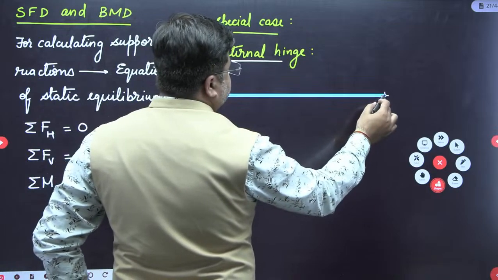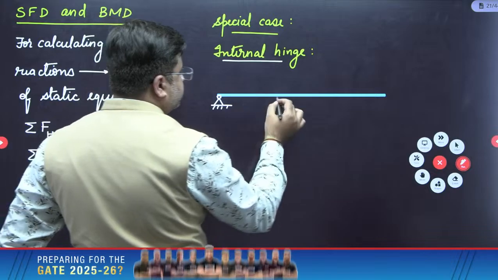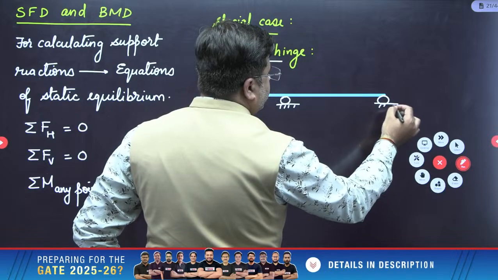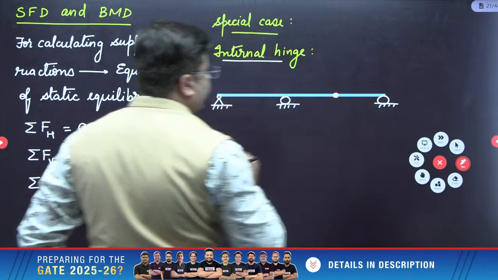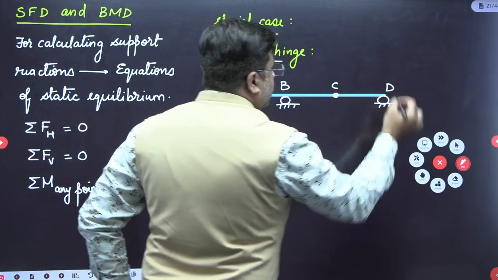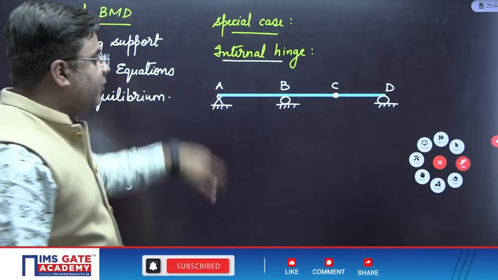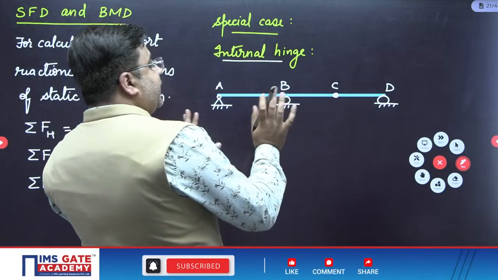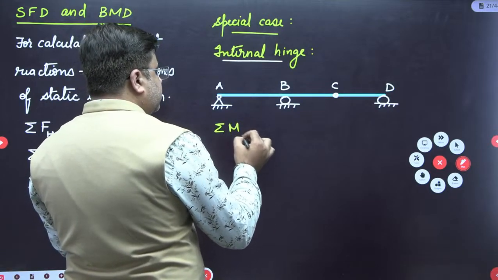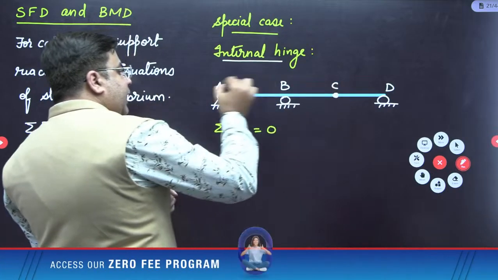For example, let me take any beam like this. Say this is a beam, and for this beam, an internal hinge is present at this point. Say the points are A, B, C and D. So when an internal hinge is present, what is that one advantage we get? One advantage is, if I have to apply the equation of static equilibrium, that will be summation of moment about C equal to 0. Means in this case, I have to stand at C and I have to write down